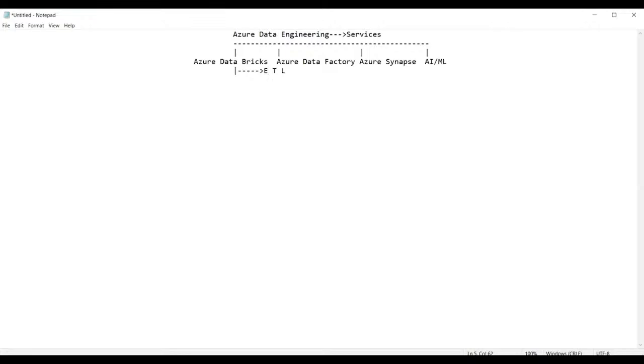ETL stands for extraction, transformation, and loading. So Azure Databricks is a service provided by Microsoft within Azure Data Engineering for the purpose of extraction, transformation, and loading.